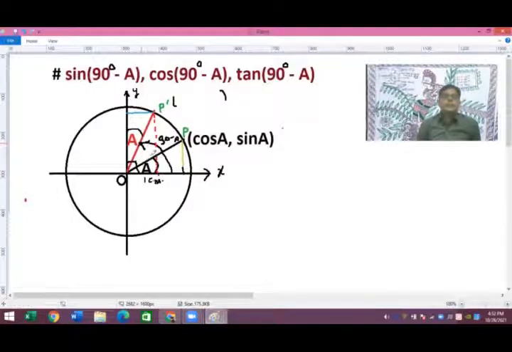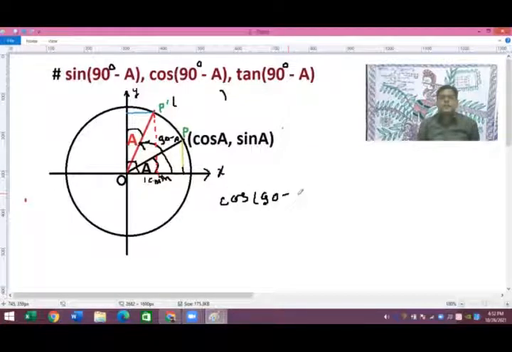So here it is A. So in this triangle you can say here it is m. So I'm talking of the triangle O P dash m. So here, if you talk about cos of 90 minus A,